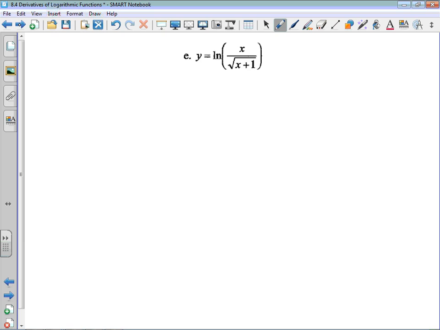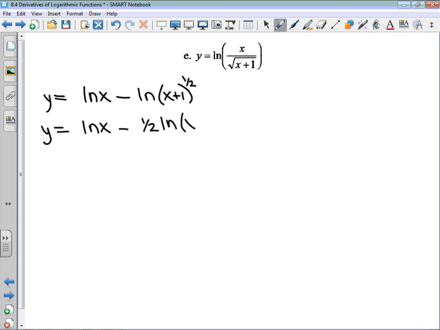We can do this a couple different ways. You could just put this as 1 over x over root x plus 1 and then use your quotient rule. But part of the reason that we like logarithms so much is that we can exploit those laws of logarithms to make that a much simpler function. And so the first thing I'm going to do is use my laws of logarithms and rewrite this as ln x minus ln, and I'm going to write it as x plus 1 to the power of 1/2. And I'm going to go one step further. I'm going to say that y is equal to ln x minus 1/2 times ln x plus 1,